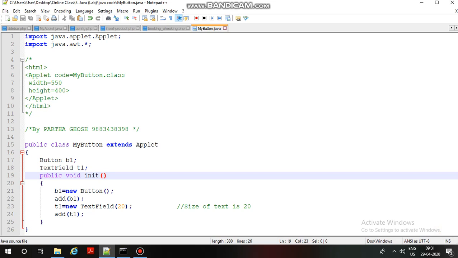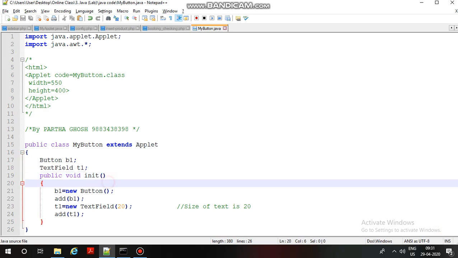Today we shall learn Java event handling in applet. In this example, as you know, the init method is for initialization, so I have created the objects for the buttons. At first, try to run this code, save this one,